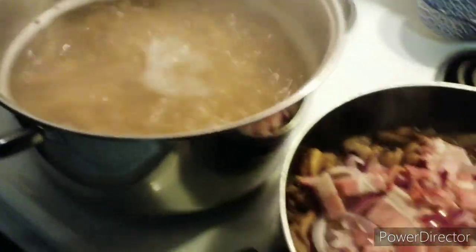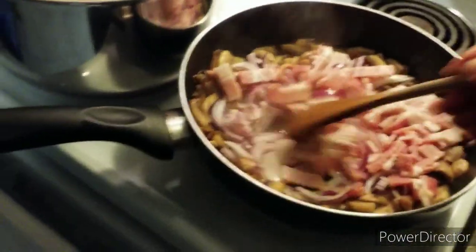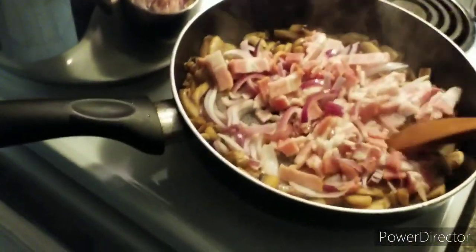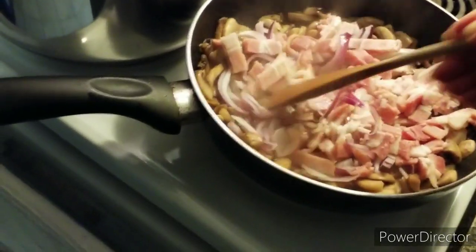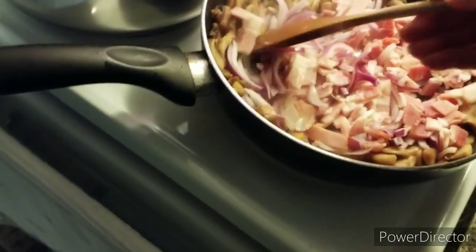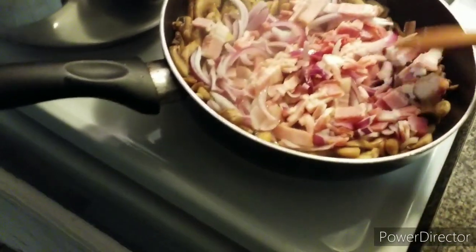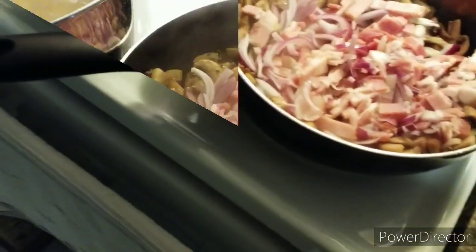So now I'll just put the bacon in, and then I'll give that all a stir. Pasta's boiling away nicely. And I'll let that start to get a little bit more colour, and then I'll check how the pasta is going, and then we'll come back and we'll add the...